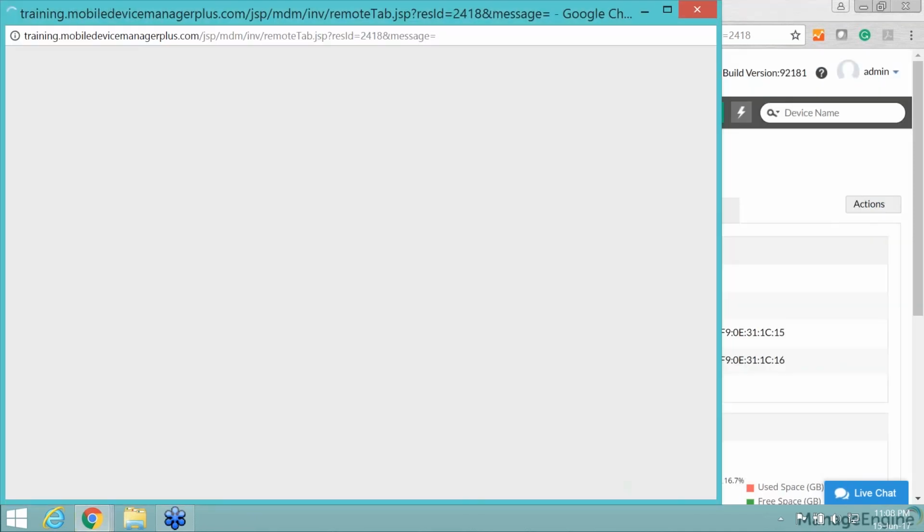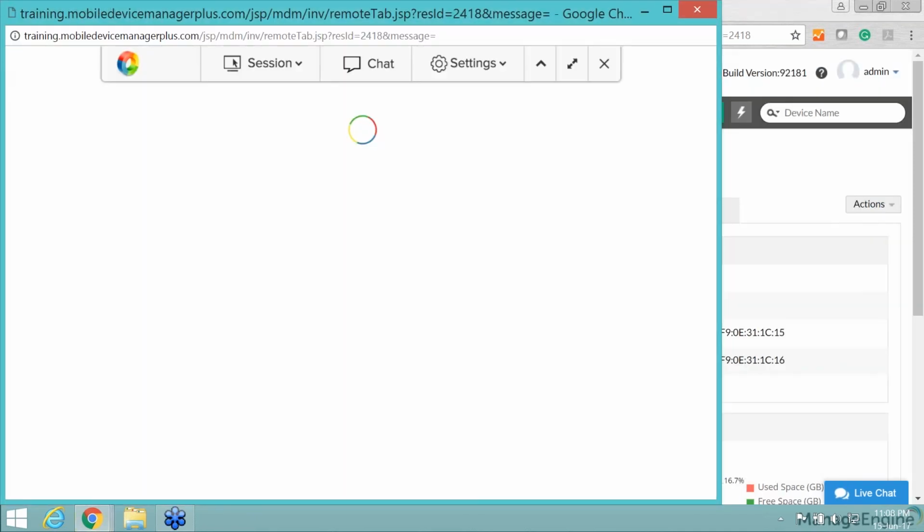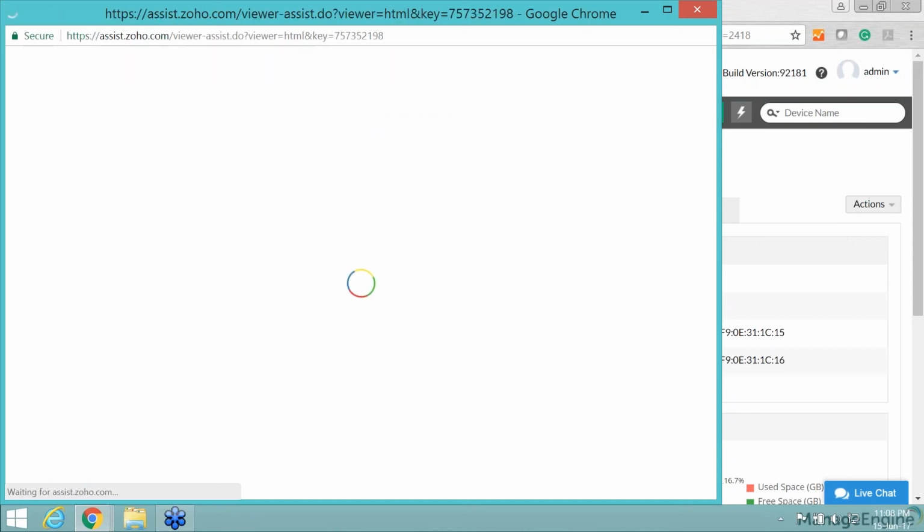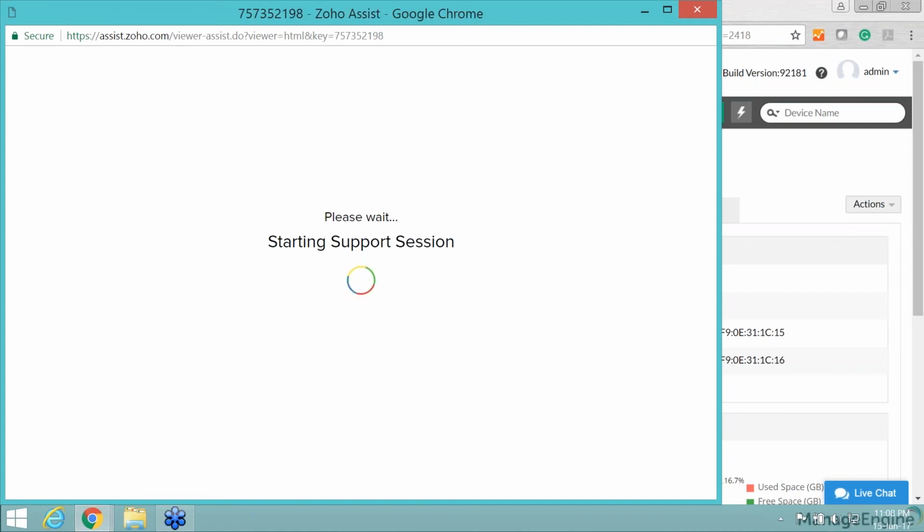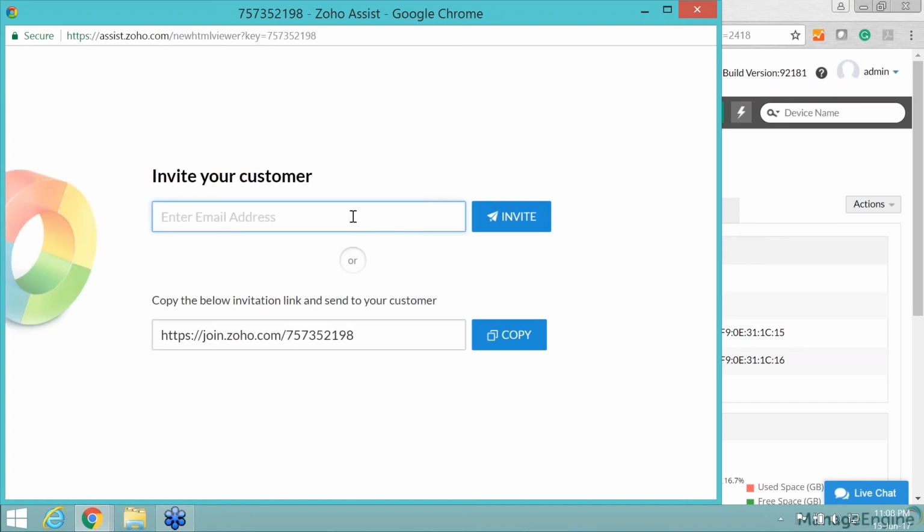A screen opens up on a new tab, as you can see, and we can troubleshoot the device here. So this is very helpful for any troubleshooting of devices when an employee is out of town and can't access a particular app, or so on. So I can gain control of his device and solve his issue right then and there.